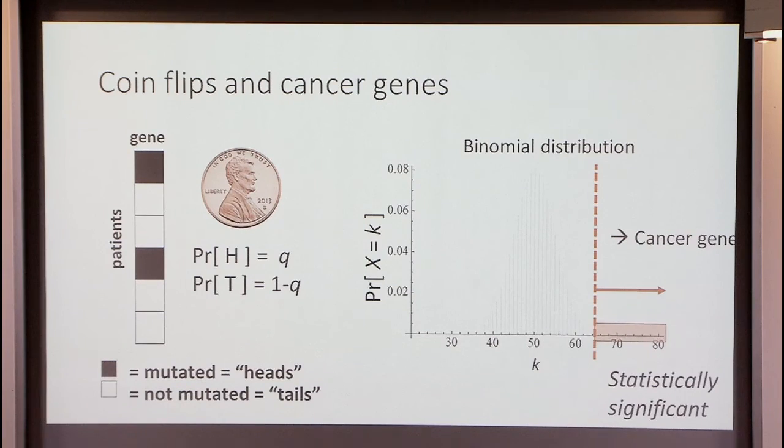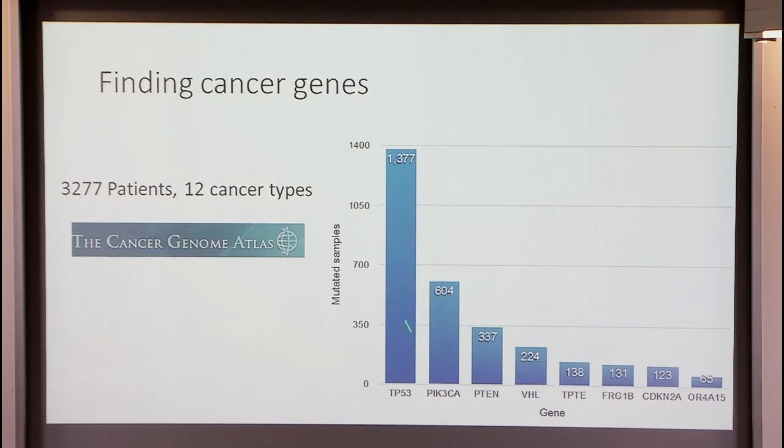The simple way to model this would be as a sequence of Bernoulli trials. We flip a coin for each position in the genome to decide whether there's a mutation. So there's some rate of background mutation, and then we can count up the number of mutations that we'd see in a gene across samples, use the binomial distribution, decide on some comfortable FDR, and then predict that those are the cancer genes according to that FDR. So remarkably, if we just use that simple model, we actually start to do pretty well on this data. The first four are very well-known cancer genes. This one as well. A few of these other stragglers are probably not cancer genes.